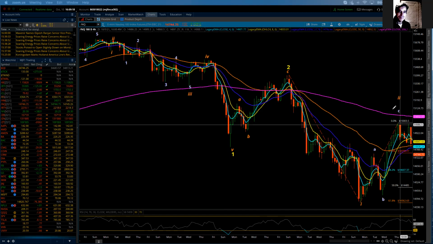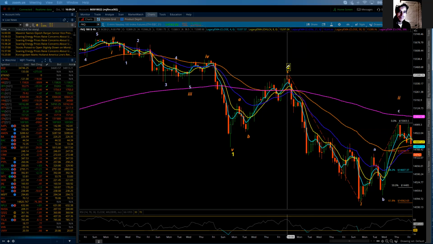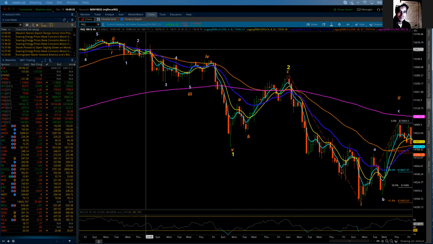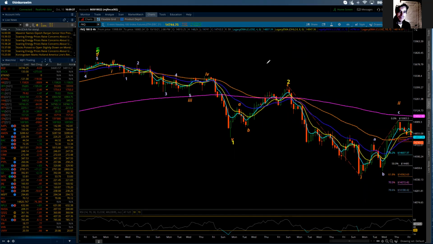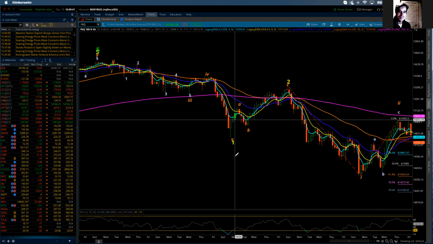Now, what does all that do? It gives pretty strong support that, in fact, this did complete the C wave up and then in turn completed the minor wave 2. What does that portend? Again, I want to state that I'm still counting this as the initial primary degree A wave. So it's a primary A, and within primary A, there's going to be an ABC of intermediate degree.